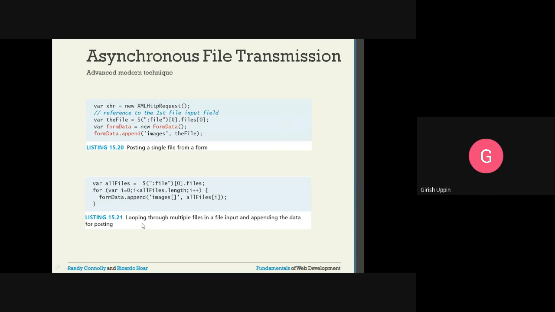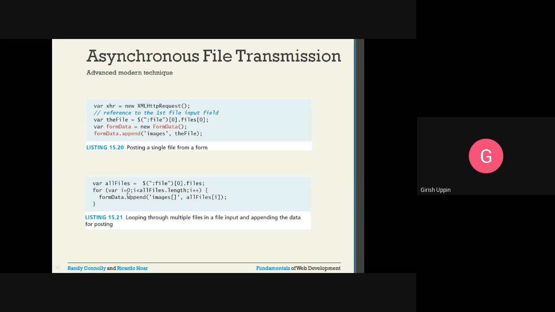Here, looping through multiple files, we have a for loop, using this property. This is the array of all those files. If there are 10 files, it will be holding the 10 files, and dot length will give the size.